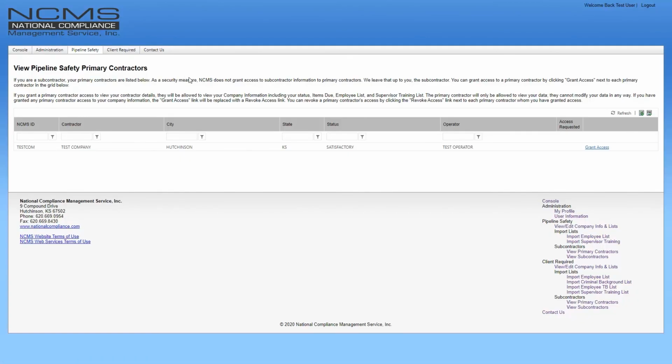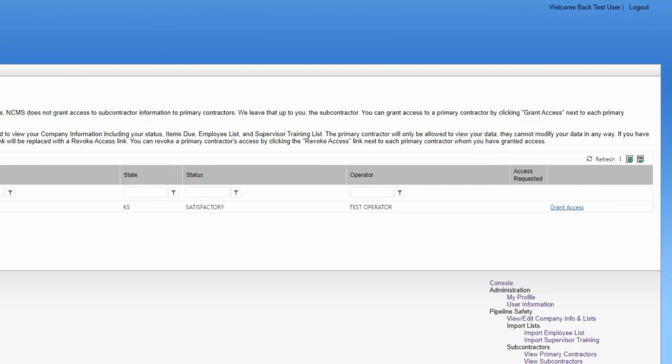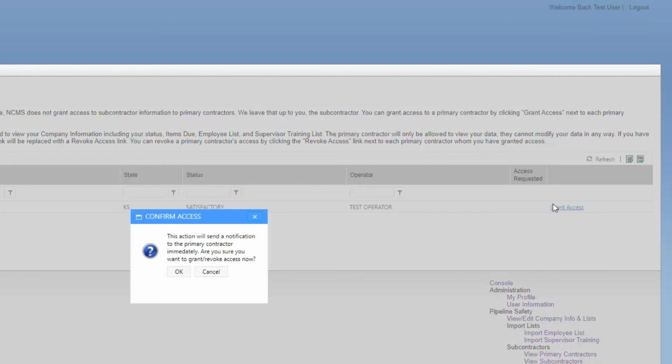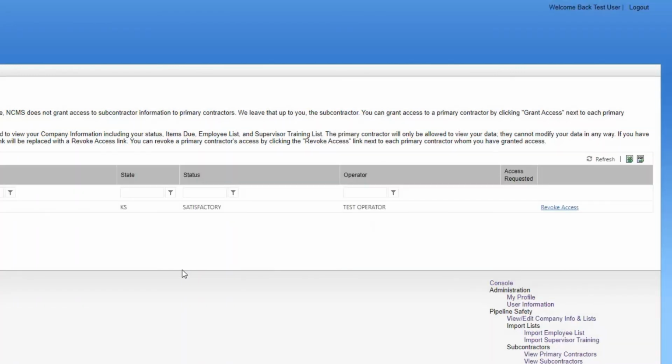be the view if we have a main contractor who is asking to view your information. You can see on the far right there is a Grant Access option. Once NCMS has connected a subcontractor to a main, that main must request the sub grant them access. We'll go over that here in just a bit, but here you can see that it's asking me to grant access. Once you click that, you'll then click OK, and your main contractor will now have access to your account. You can at any time revoke the main's access, but if you want to remove them from your list, you